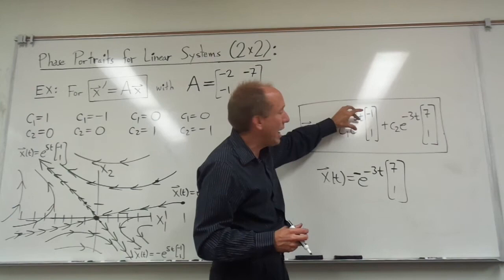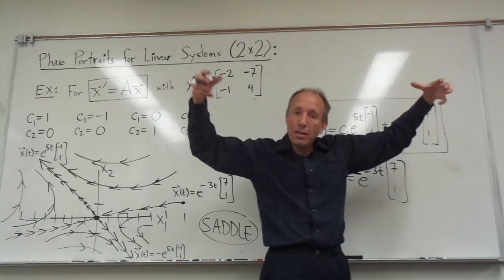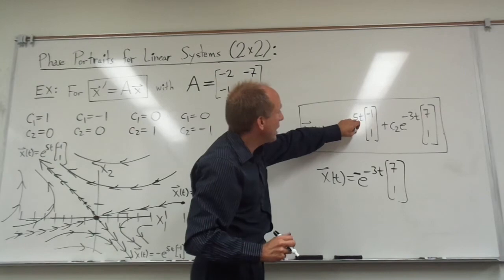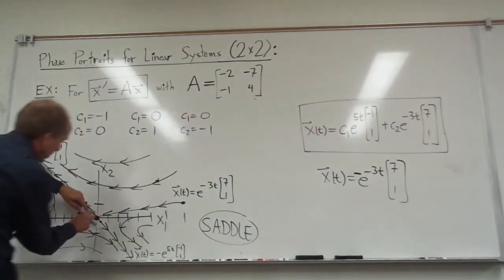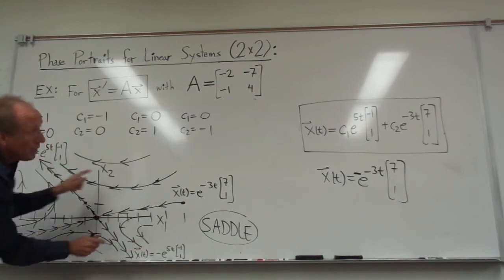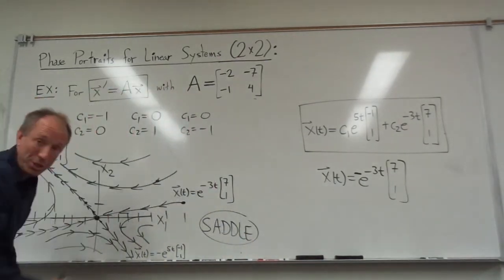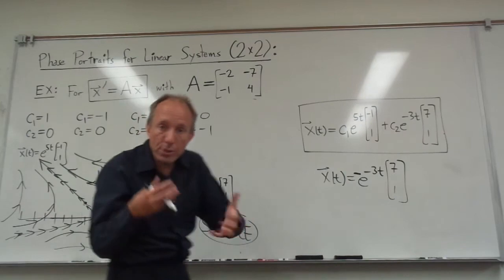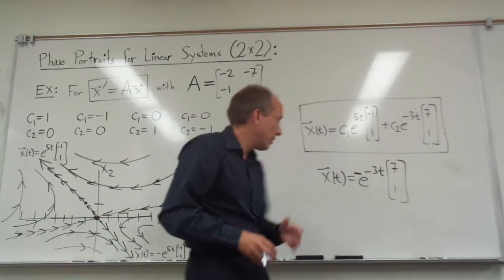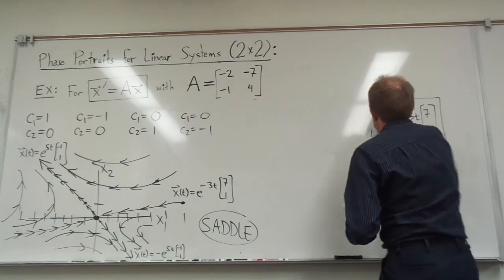See, this e to the 5t blows up to infinity, whereas the e to the negative 3t shrinks to the origin as time goes on. So as time gets bigger, the positive exponential one is diverging from the origin, whereas the negative exponential term is collapsing towards the origin. Okay, so the signs of the eigenvalues are opposite. One of them is positive, one of them is negative. We're going to get a saddle. Now, you can probably imagine that if we